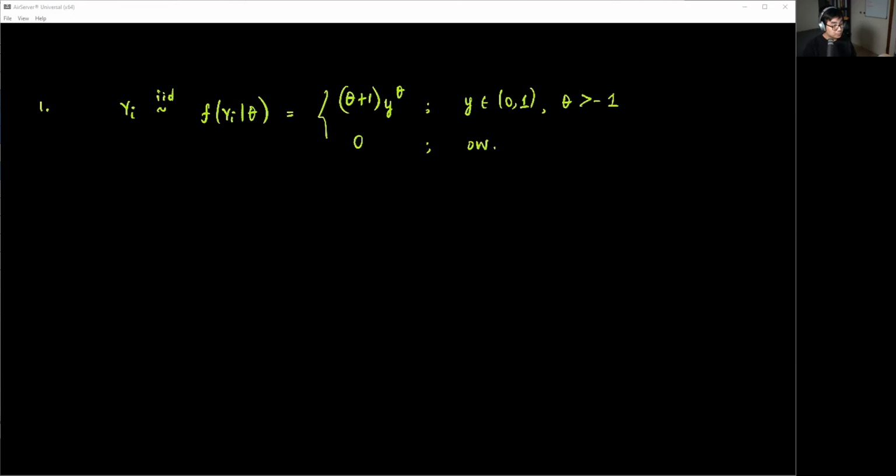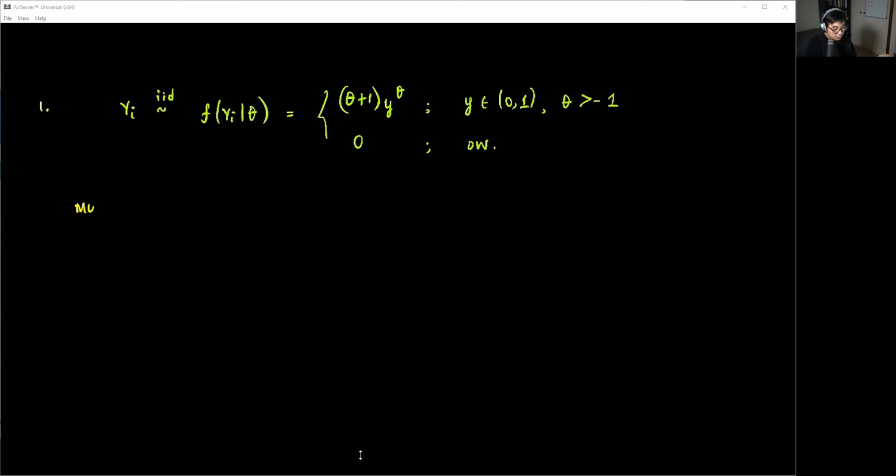You're asked to find an estimator for theta by the method of moments and to show that the estimator is consistent. We're also asked whether this negative sum of log of yi can be obtained from the factorization criteria, so whether it's sufficient, and what is the implication for this. I'll talk about that in just a second, but first of all,